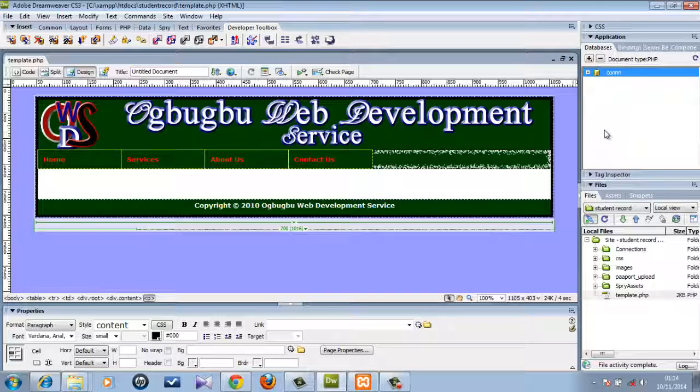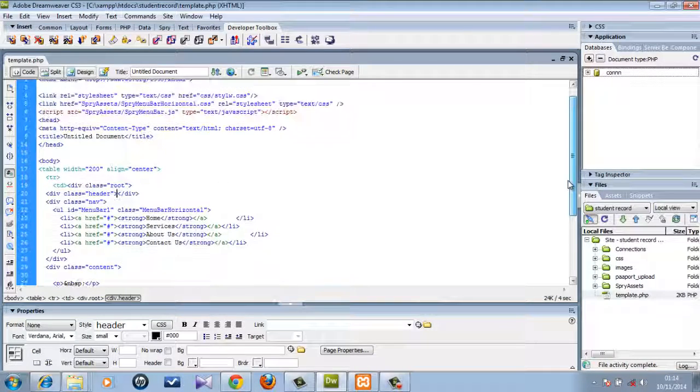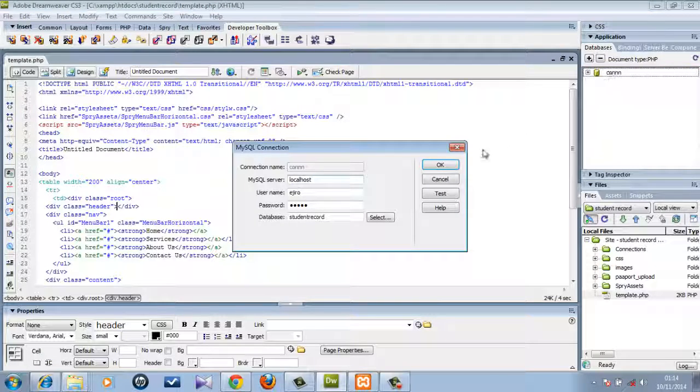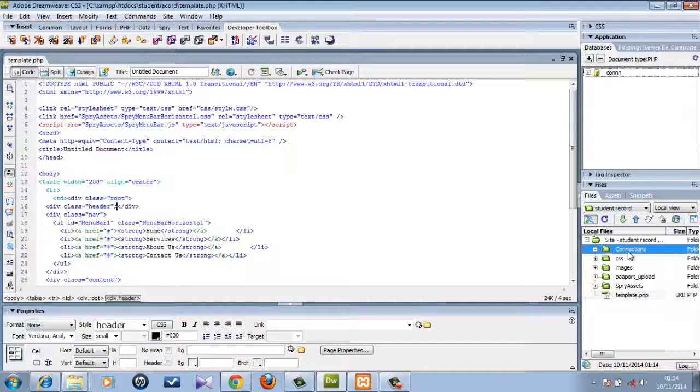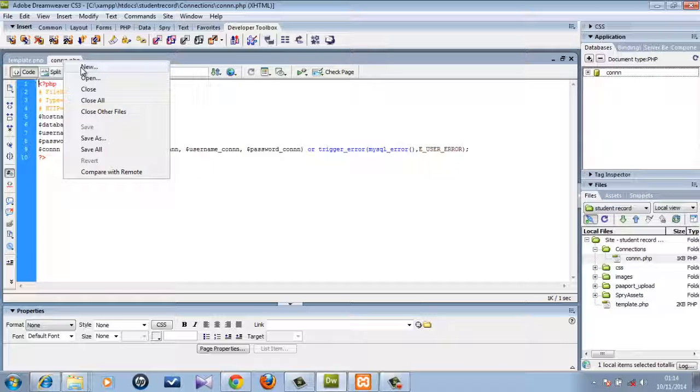It has already been created. Now a connection is successful, and if you go behind these codes, you see our database connection right there. So we can always open this folder, and here is our definition of our database. If you look at it, everything is already arranged, so you can include this into every page that will need that database connection. So this is how to create your connection, and if you want to test it, you are